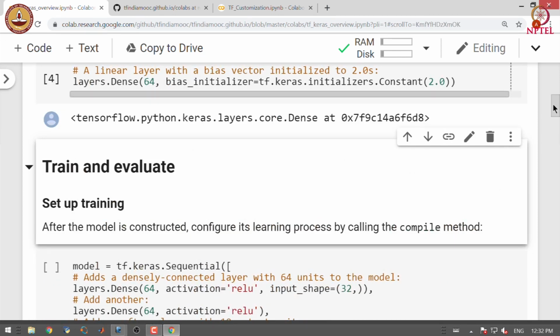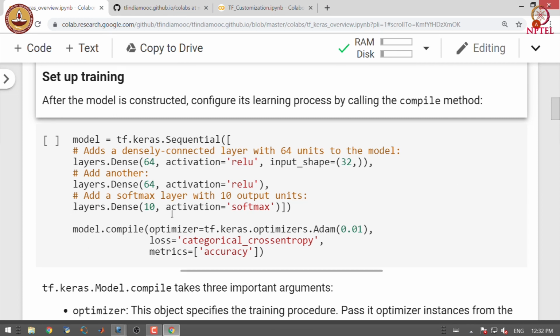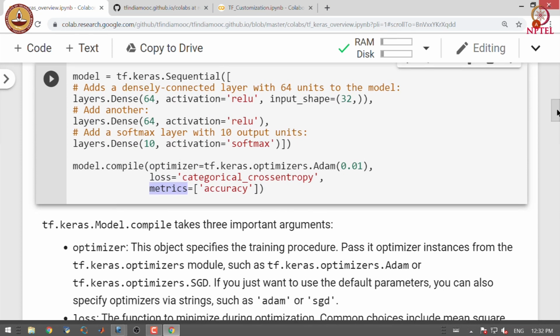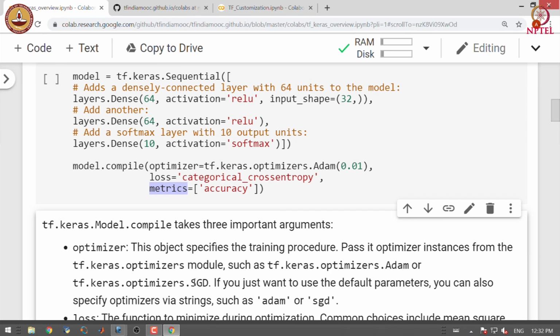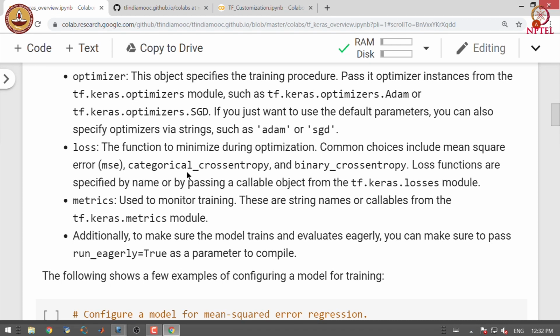After the model is constructed, we configure its learning process by calling the compile method. In the compile method, we specify the optimizer to be used, then the loss function and metrics. The optimizer object specifies the training process. We use optimizers like Adam or stochastic gradient descent. There are multiple loss functions already defined in the tf.keras package.